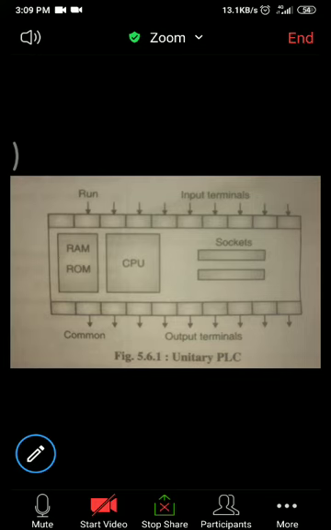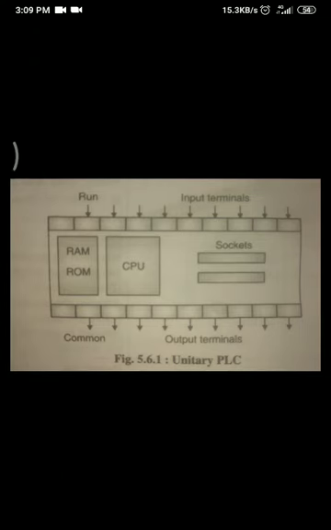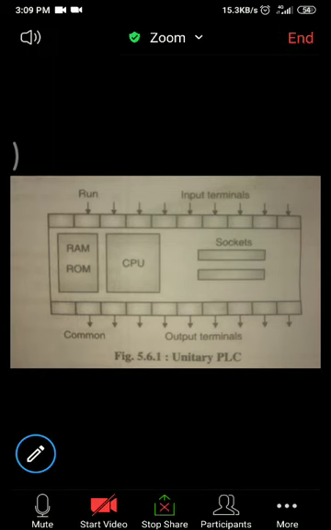It is mainly used in small industry for control of small systems or a standalone system. It has a compact structure which includes the CPU, power supply, and a limited number of input outputs. So these PLCs are very cost effective for a standalone system. There are one or two examples of unitary PLC, like the Micrologix 1000, manufactured by the well-known company Allen Bradley, or the Simatic S7, developed by the Siemens company.